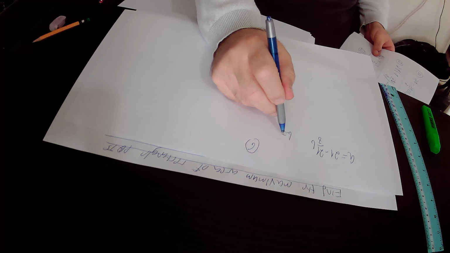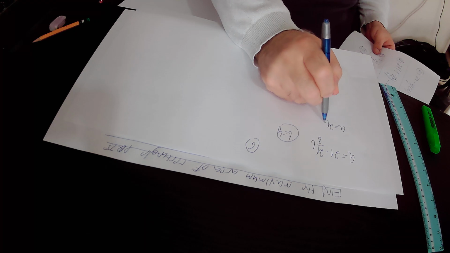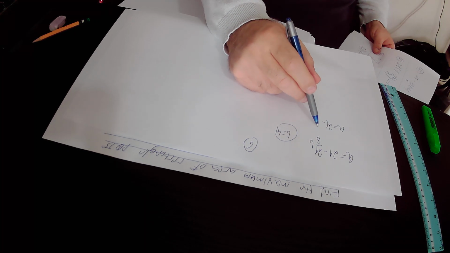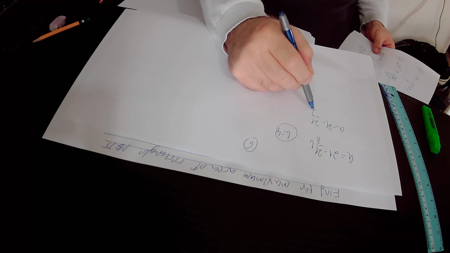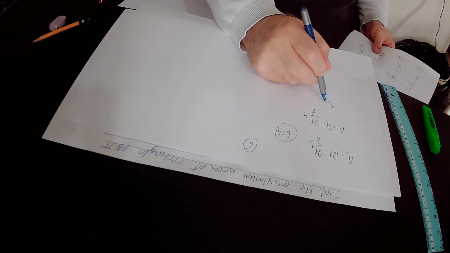So we substitute B by 4. So A equals 21, and here we have minus 21 over 8, and B is 4. So A in total, that is the length of rectangle PQST, equals 21